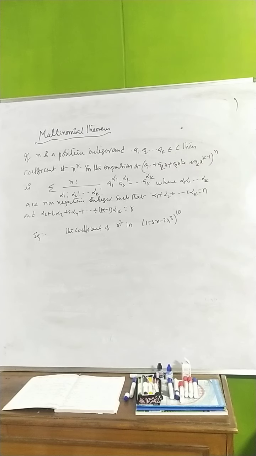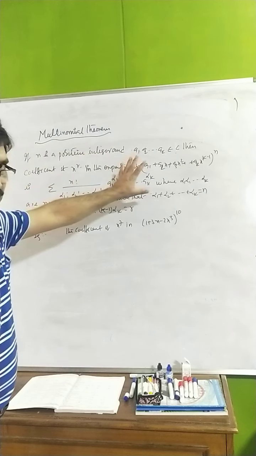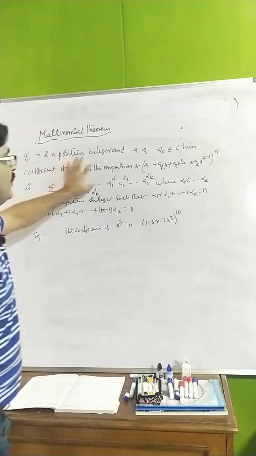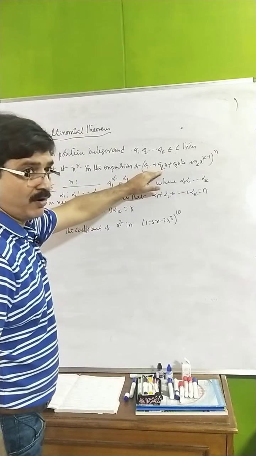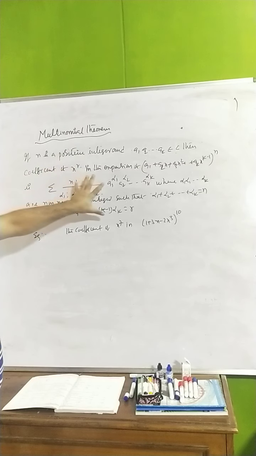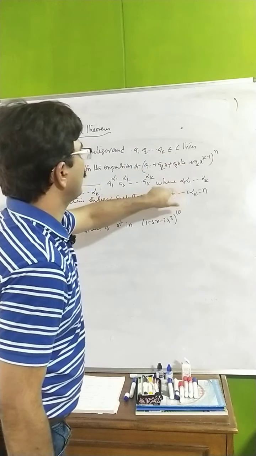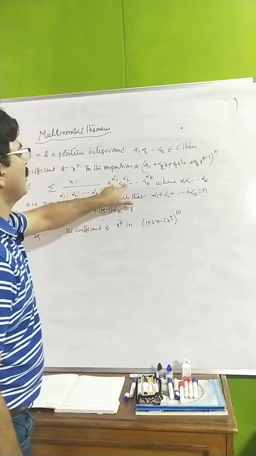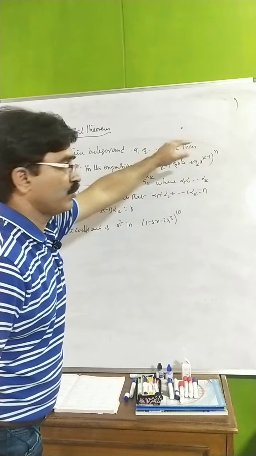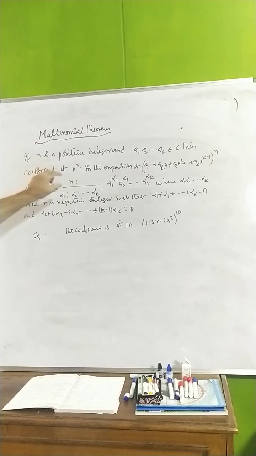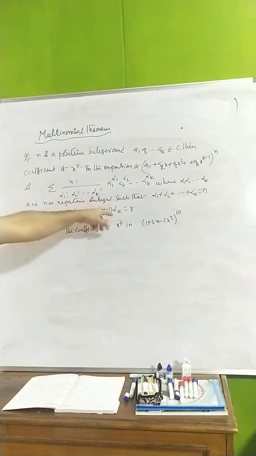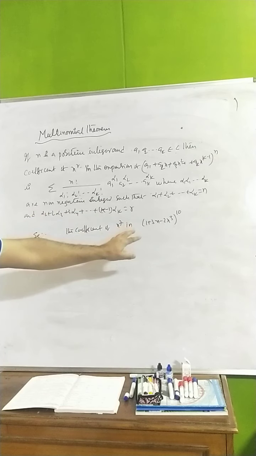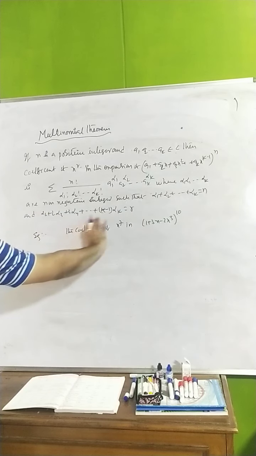See here, one of the best ones here. The same as it is. I have taken only one variable here. If there is one variable and the expansion is given in this form, then the rule is this way. The sum of the exponents alpha 1, alpha 2, alpha 3 should be equal to the exponent of the given multinomial. And also this rule is going to be satisfied here. What is R? The coefficient of x to the power of R. If you want to find that, R should be equal to this one.